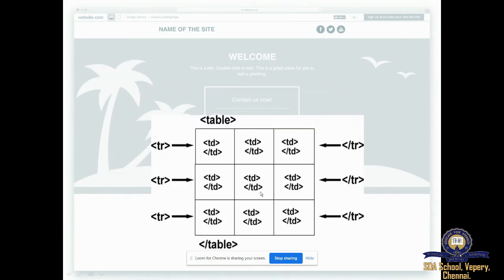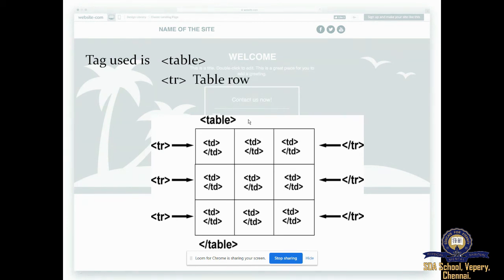Okay, so look at this, a table, and it is denoted with rows and columns. The data within these rows and columns is called table data. The tag used to create a table is table. So this is the tag that is used to create a table.